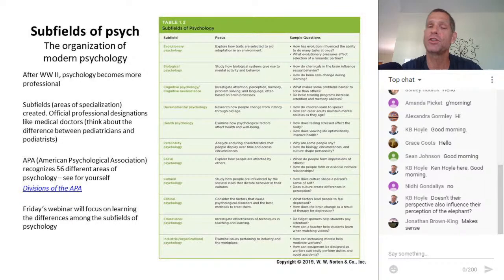Health psychologists are those people that help us deal with stress and help us learn how to live happier, healthier lives. So if you want to learn about stress, when we get to chapter 11, we'll talk about health psychology, which is the area of psychology that is interested in helping you learn how to manage and deal with your feelings of stress.